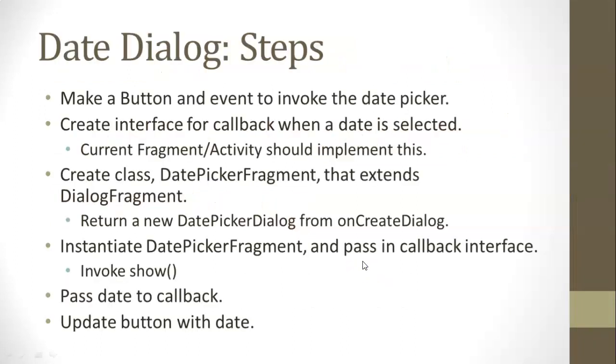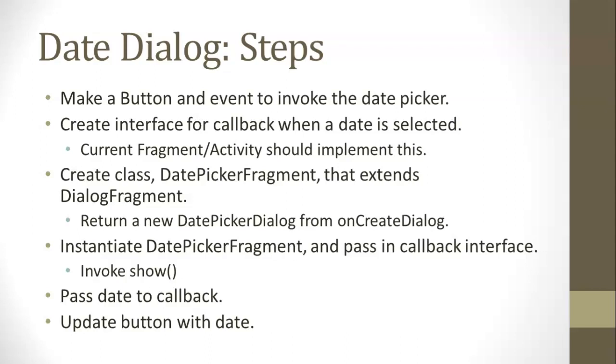So the steps that we need. First of all, we need to create a button and put it in that location so that it can invoke the date picker. Next, we need an interface so that we can create a callback. In other words, we're going to send something up to this date picker so that when the user picks a date, it will come back and inform us in our local fragment or activity. And for that, the fragment or activity that we're in is going to need to implement this interface